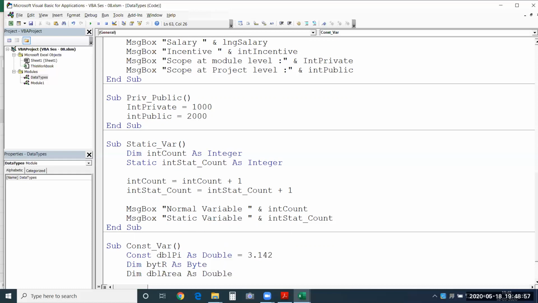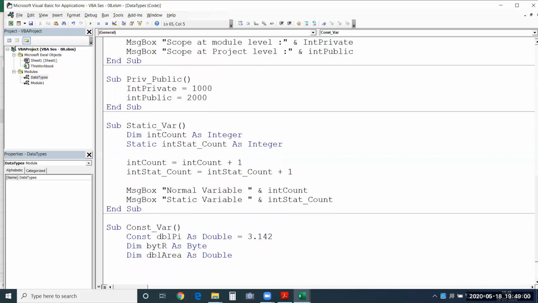So you have to decide based on what value will be stored in that particular variable. That's how I have taken byte, because I know the radius value, I'm not going to give more than 255. It will be within the range of 0 to 255. So I used byte over here. In the case of area I have chosen double because when you multiply it with this value, it's a decimal. To store decimal values, I have to choose something of double type only.